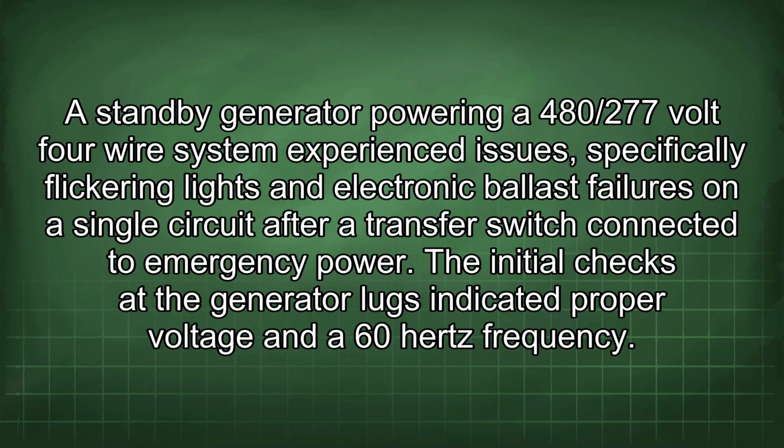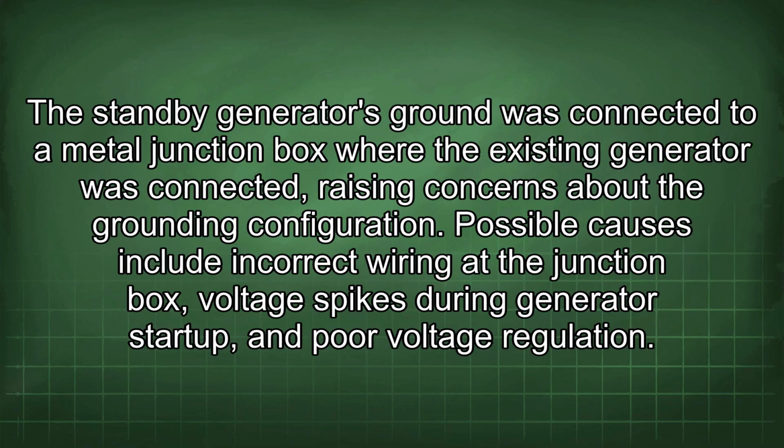A standby generator powering a 480/277-volt 4-wire system experienced issues, specifically flickering lights and electronic ballast failures on a single circuit after a transfer switch connected to emergency power. The initial checks of the generator lugs indicated proper voltage and a 60 Hz frequency. The standby generator's ground was connected to a metal junction box where the existing generator was connected, raising concerns about